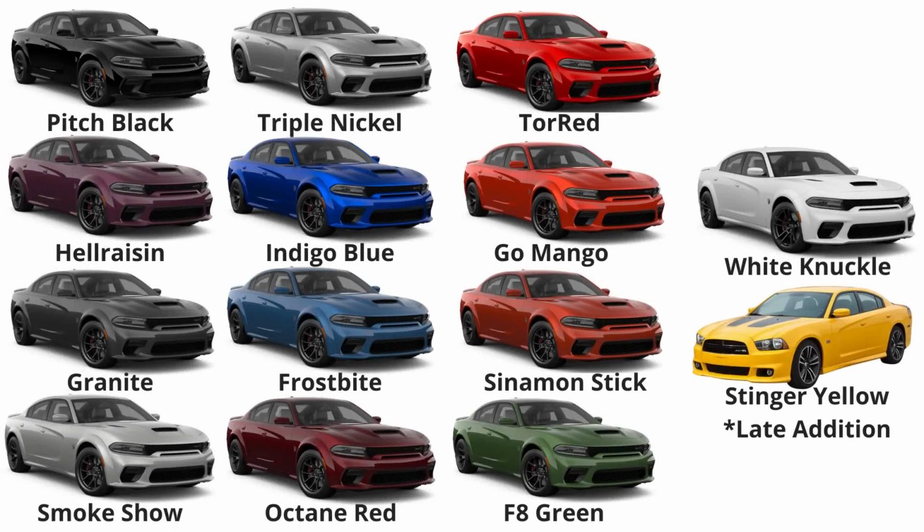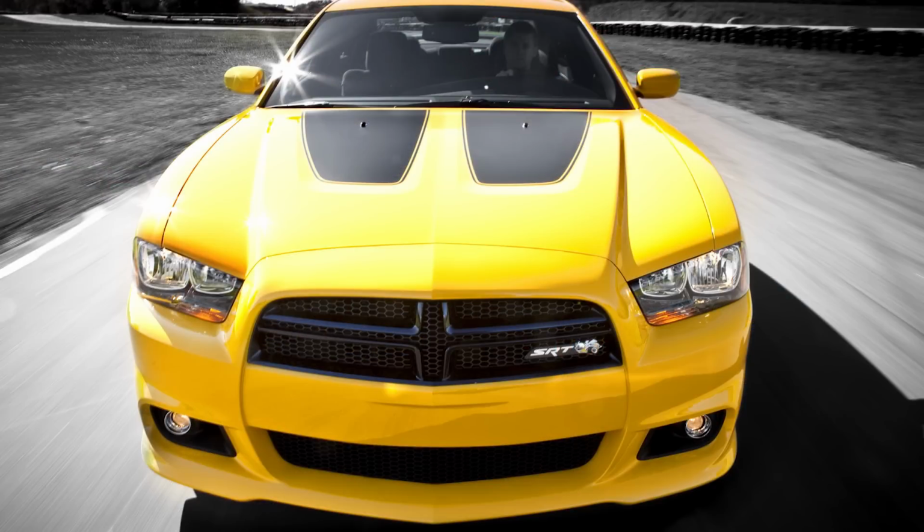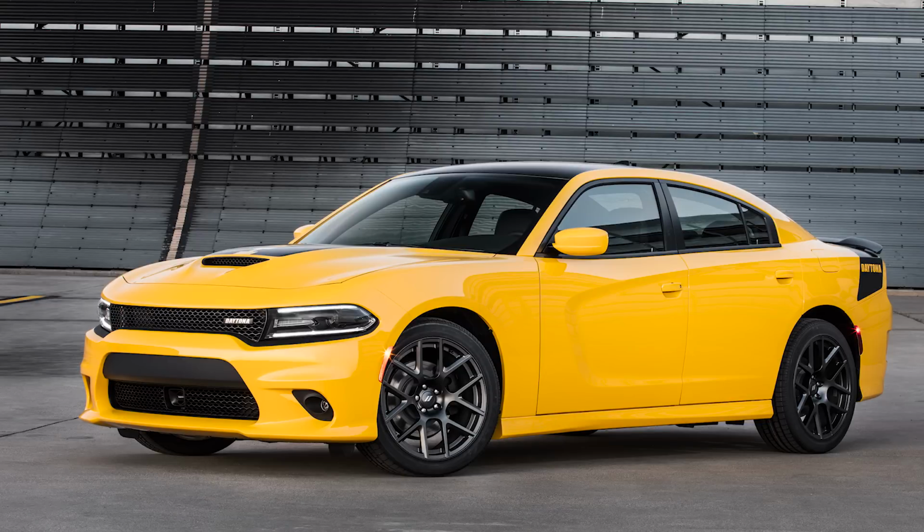Now let's quickly look at the colors. Last year there were 14, and this year the same colors return, minus Gold Rush. This was available on the RTs, Scat Packs, and Hellcats in 2021. There's also supposedly a new color to take its place though, called Stinger Yellow, which will be late availability. Stinger Yellow was last seen on the 2012 Dodge Charger SRT8 Super Bee, and another Yellow Jacket was last offered